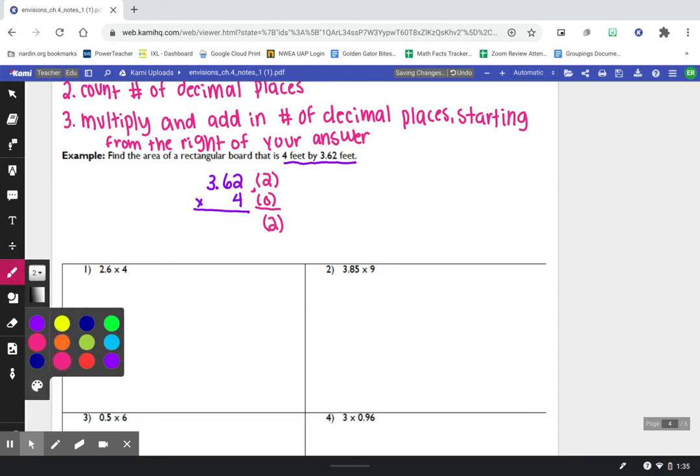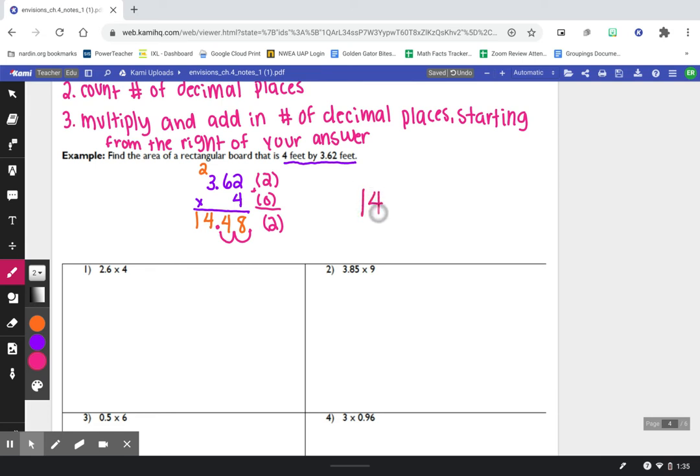And now I can multiply just like we've learned. 4 times 2 is 8. 4 times 6 is 24. Put down the 4. Carry that 2. 4 times 3 is 12 plus 2 is 14. There's my answer. And now before I can finish, I have to bring in the 2 decimal places starting from the right. So 1, 2. So my answer is 14.48